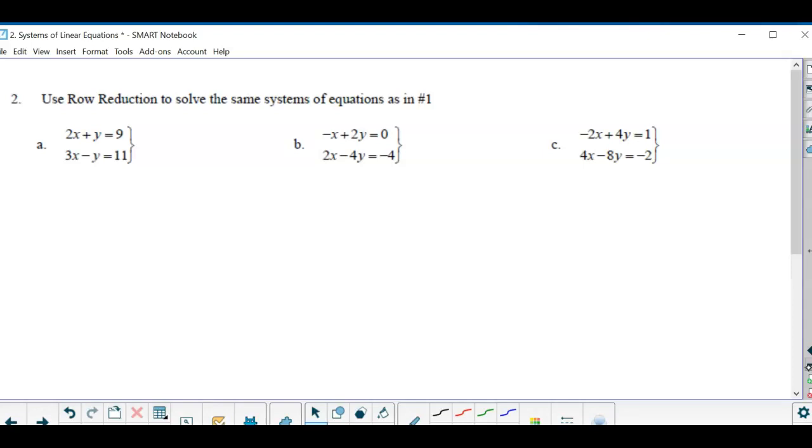That's what your calculator will end up doing, and your calculator is basically what you're going to use, but we're doing it the old-fashioned way. So we want to get rid of that x term by adding and subtracting those two equations. You're reducing the